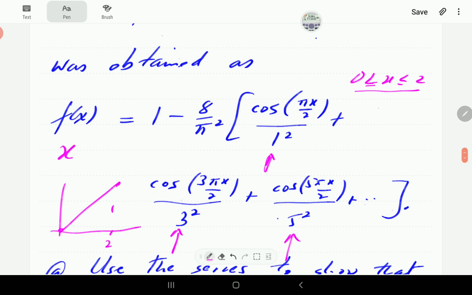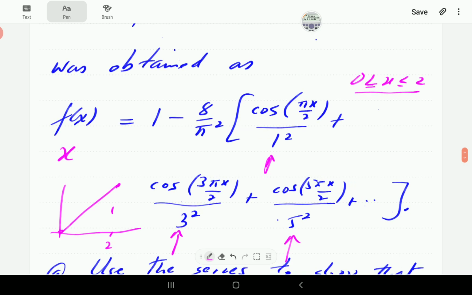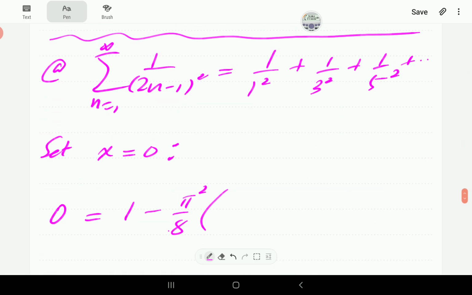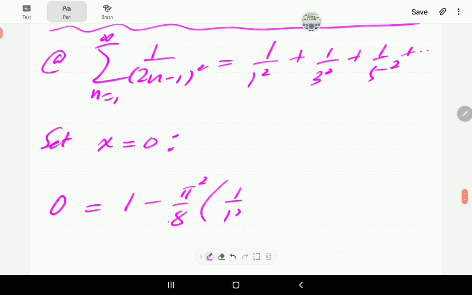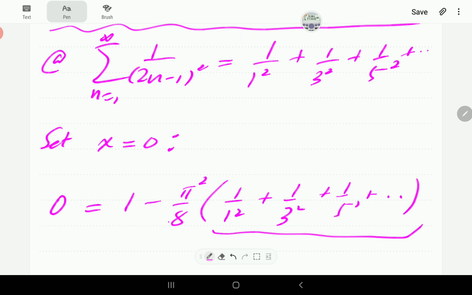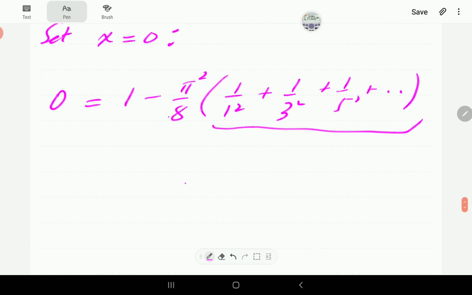Then we're going to have 1 over 1 squared plus 1 over 3 squared, etc. 1 over 1 squared, 1 over 3 squared, 1 over 5 squared. Then all you need to do is to make this the subject of the formula. If you bring this term to the right hand side, this is pi